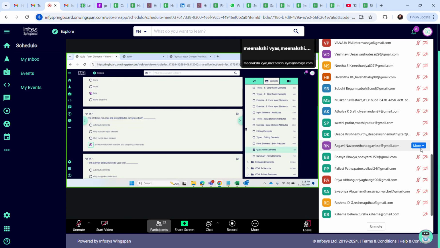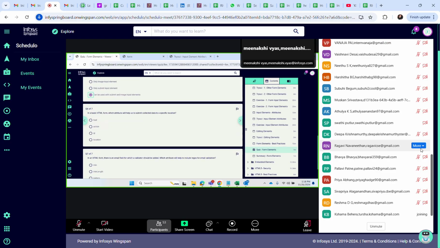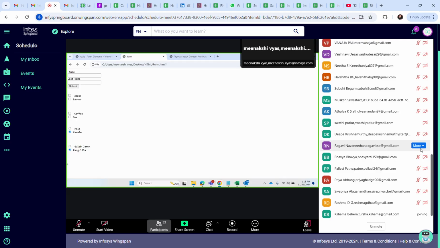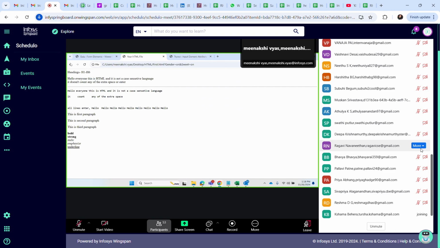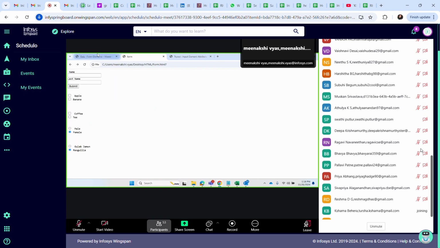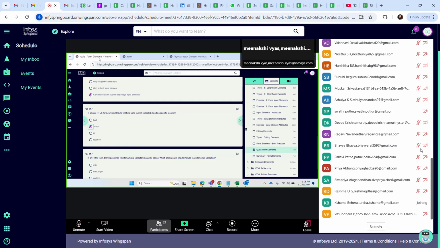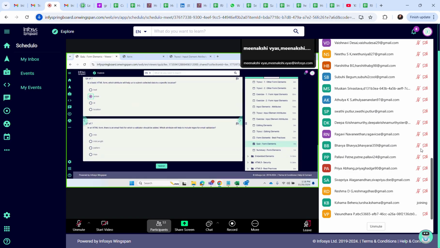Now form override attributes can actually be used with the submit and image. So form override attribute you can read. In a basic HTML form, which attribute will help us to submit? Yeah, this is the action, right? When I click on the submit button, the action will help us to collect the data. Whatever action I want to perform, we can write there in the action.